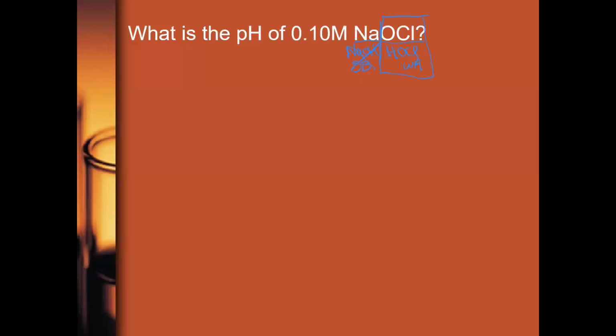So the hydrolysis reaction for that is the OCl negative reacting in water. And that produces the HOCl. And what's left over is the hydroxide ion. Now, this, remember, is a weak base forming a weak acid. So anytime we have a weak acid or weak base, remember, we have to use an ICE table to find the pH or pOH. So for our ICE table,